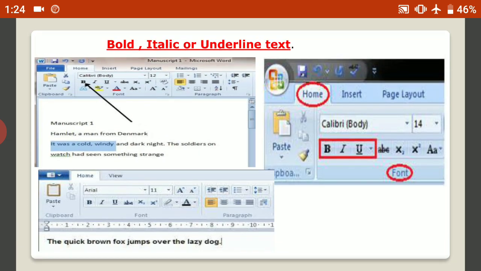Now tell me, what is the shortcut command to bold a text? Yes, Control plus B. Control plus I is the shortcut command to italic your text, and if you want to underline your text through shortcut keys, you can just press Control plus U.